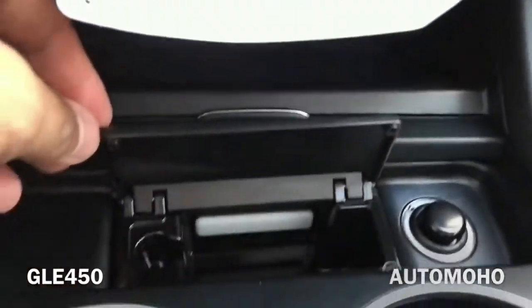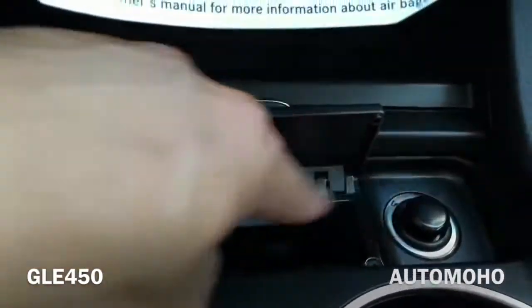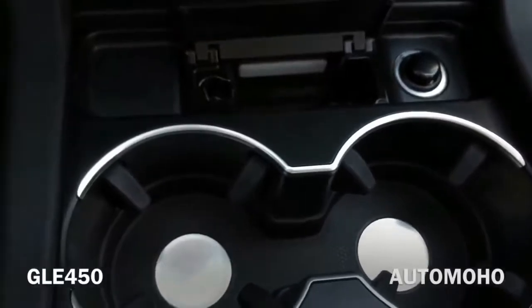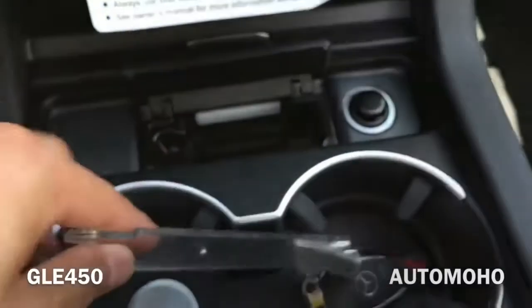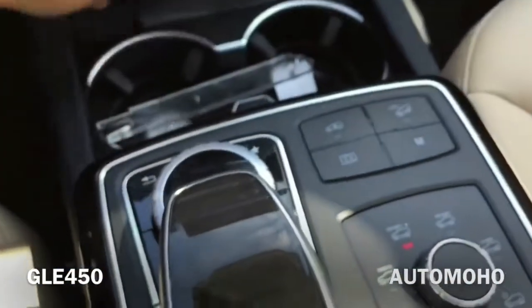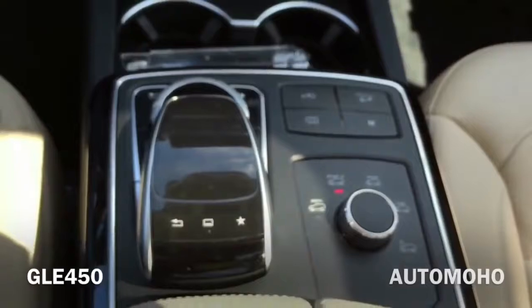storage compartment, ashtray and cigarette lighter, dual cup holder for the front passenger, okay, now looking at the center console, you have your